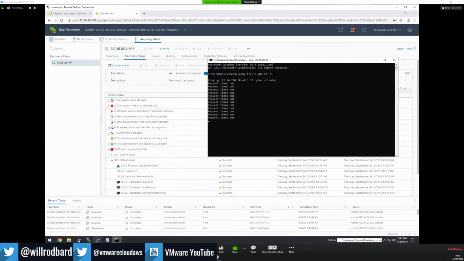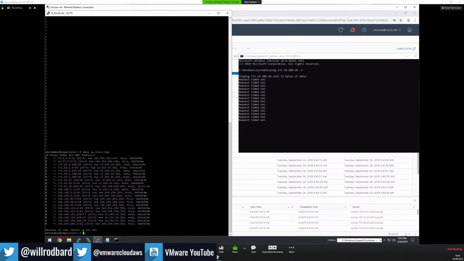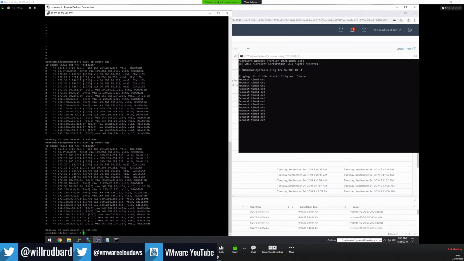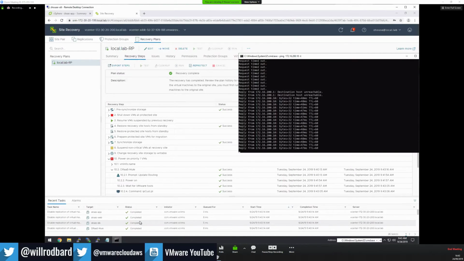So when I was looking at this guy, look, they already are, right? So before I didn't see those. We can see it's coming across my VTI. My VMs are powered on. So without changing IPs, with only shutting down, I mean, again, I shut down the interfaces, but stopping the advertisement of those routes from your on-prem infrastructure, we went through, we added